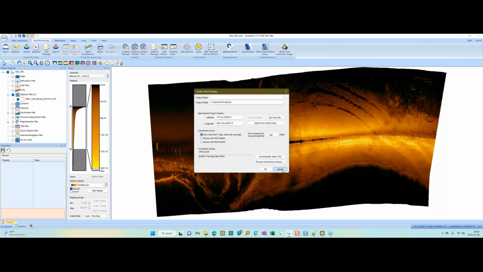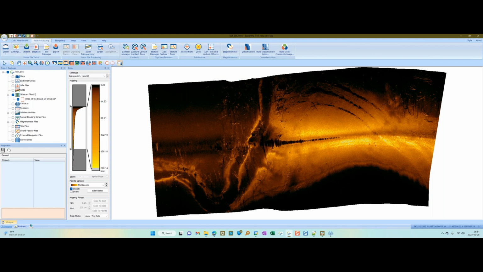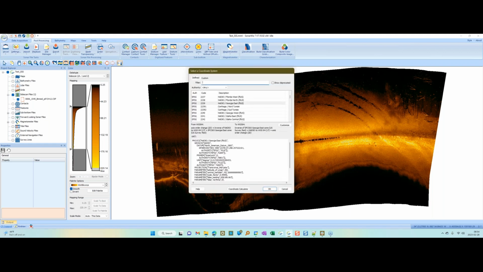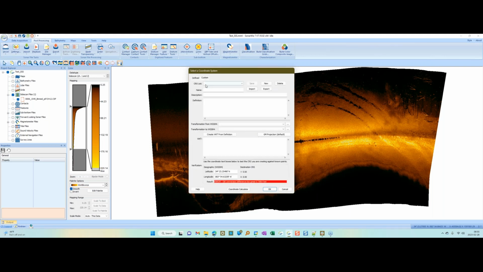Now I want to show you how to create a custom coordinate system. So we'll create a new project here, custom. And I'm going to go Browse Coordinate Systems. And instead of using the defined coordinate system, there's thousands of built-in coordinate systems here, but this time I'm going to create a custom coordinate system. And to do this, for this one,